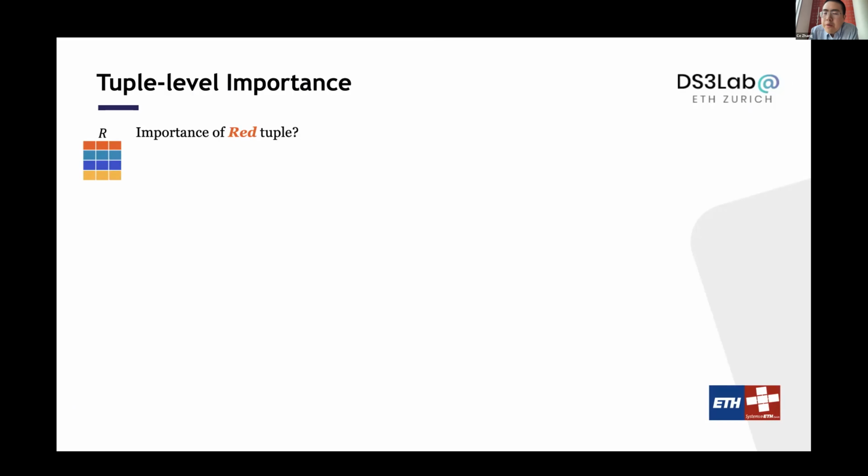Well, how can we do that? The most natural way maybe is to do some intervention. We say, okay, you want to understand how important this red tuple is. Let's compute the accuracy you have on this whole data set, and then let's remove it. And then I can see the improvement by adding this red tuple into my data set. And this can already tell you a whole bunch of information about how important this red tuple is, right? And there are actually many works that use this importance as their notion.